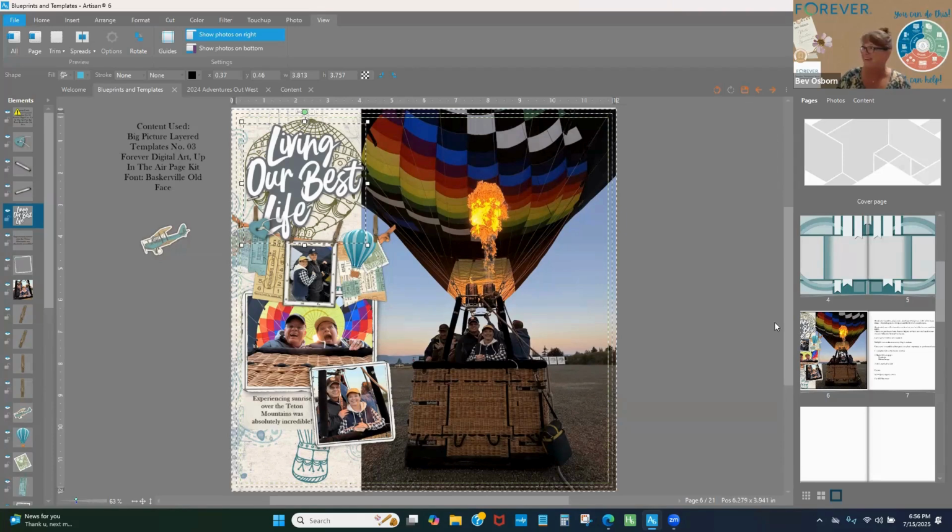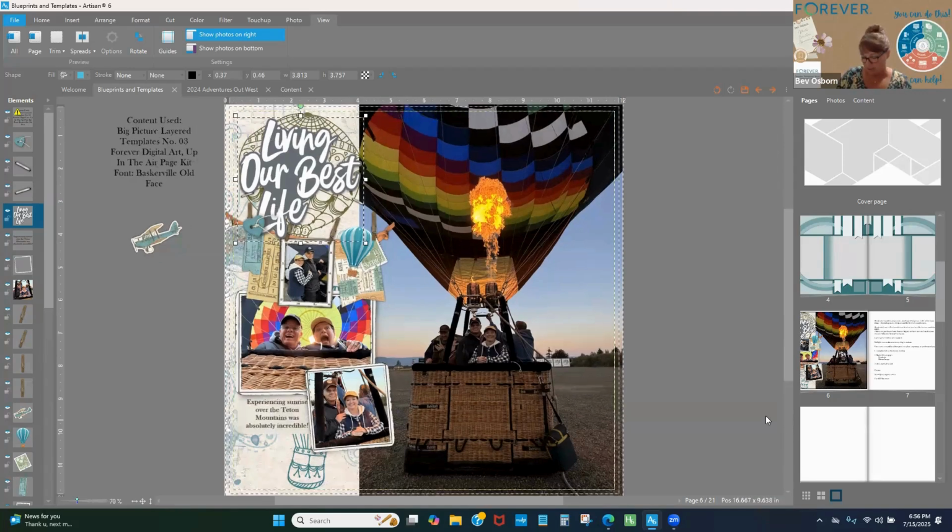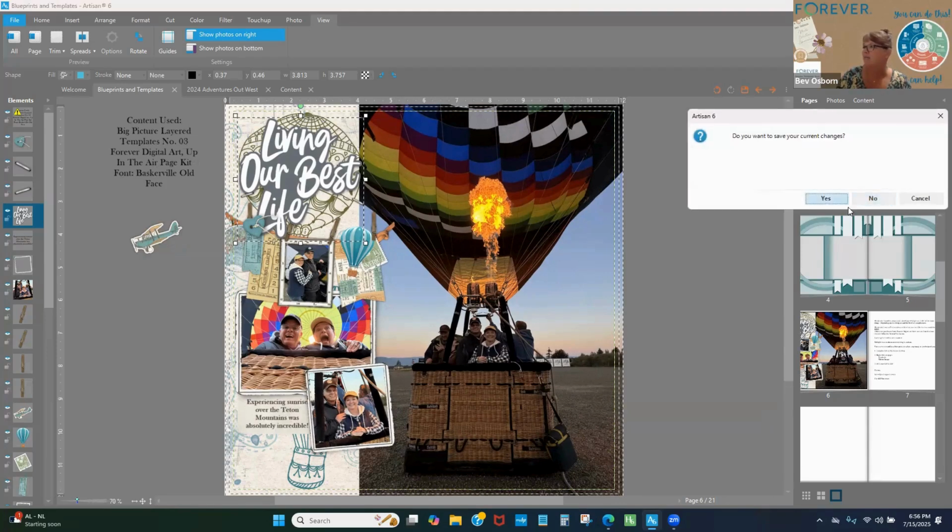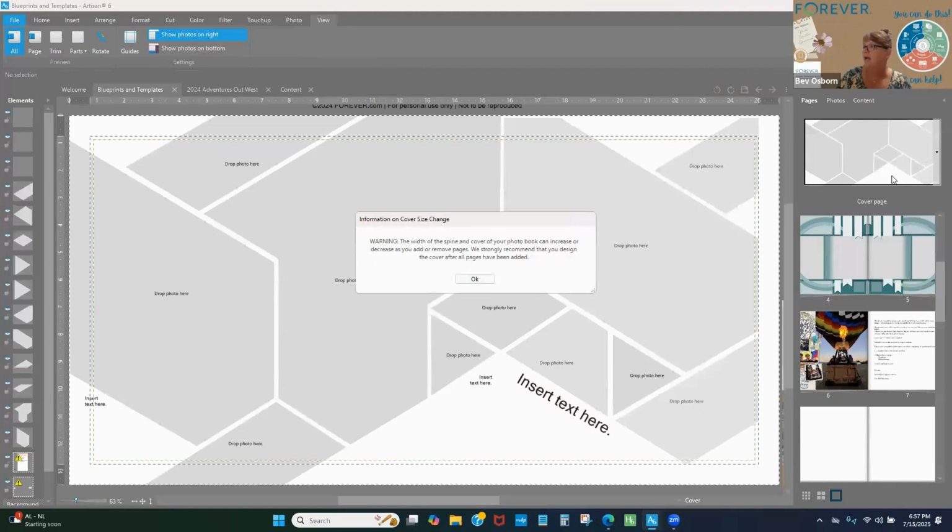So, the other thing that I wanted to talk about is we're going to look at this cover here. Of course, anytime you click on your cover, it's going to tell you that will always change depending on the number of pages that are in the book. It's a little annoying when you first do it, but if you ever order a book and your spine is a little off, then it won't bother you a bit to click OK every time. It'll be just fine. Don't know why I know that, but